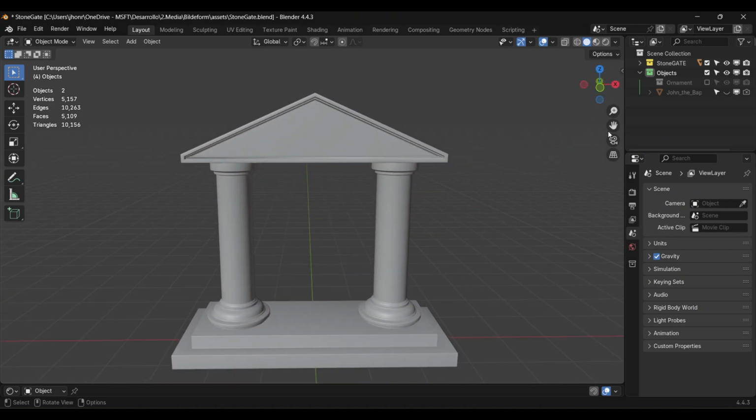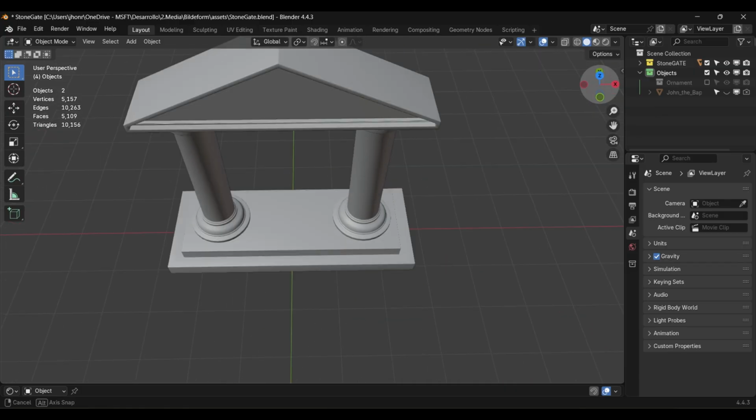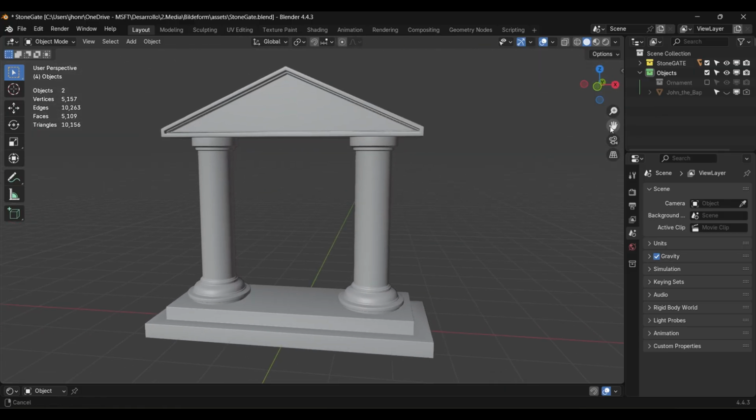Alright, here we are in Blender. I want to start by introducing a special use case for our add-on, Bildeform. As you might already know, its primary function is to generate bas reliefs from 3D models. But in this tutorial, I want to demonstrate a powerful secondary workflow, using Bildeform to create height maps from 3D